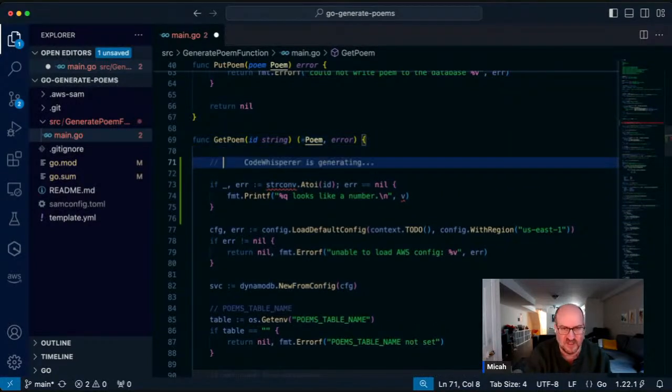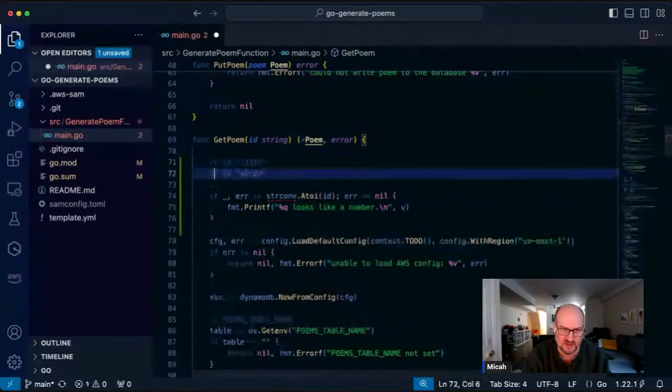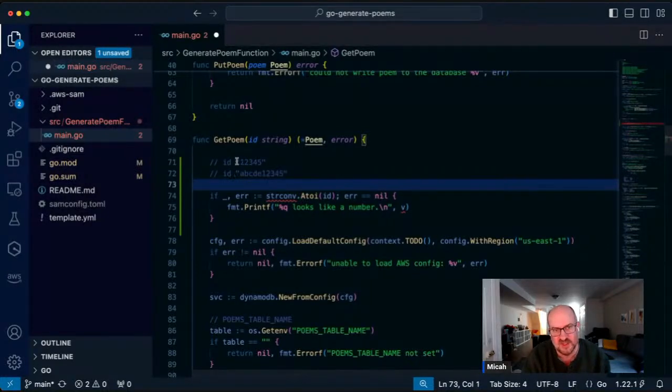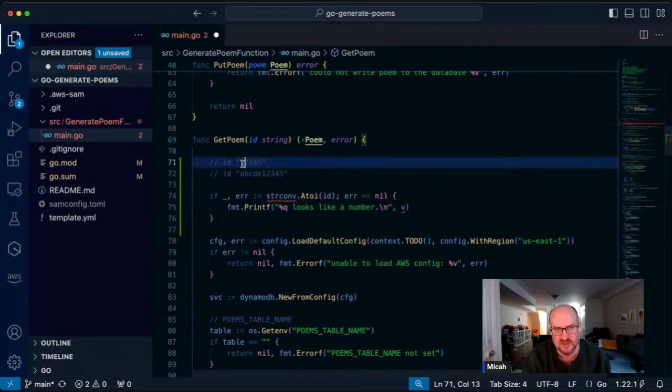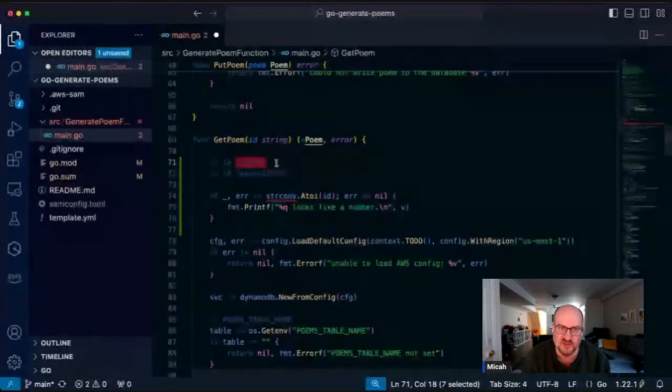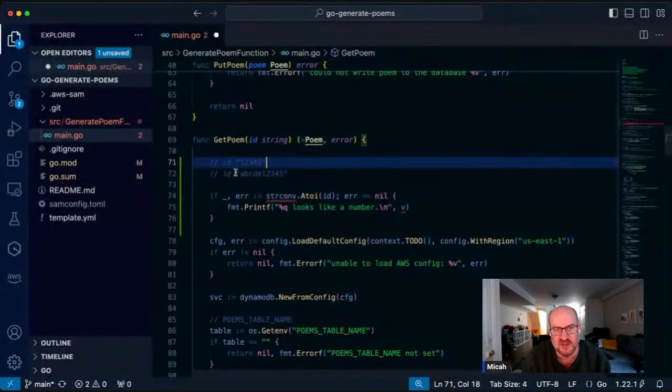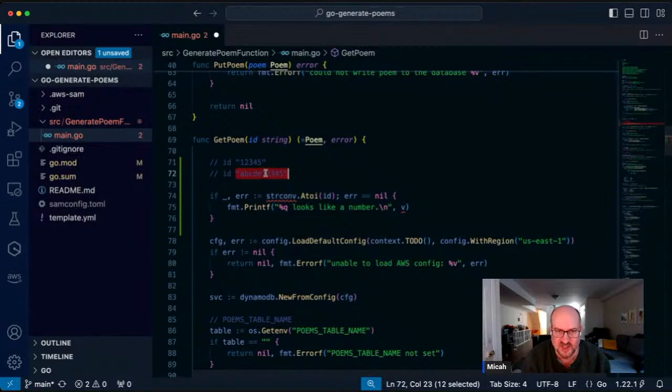So if my ID looks like this, right? That can be an integer like that, or we can put it in quotes and it's a string, right? But what if my ID looks like, hey, look at that, CodeWhisperer already knows what I'm doing. A, B, C, D, E, 1, 2, 3, 4, 5, right? So this thing you could easily convert to an integer. You can just say, what's the integer equivalent of this string? And it should be 1, 2, 3, 4, 5. But there is no integer equivalent of this. This thing actually is just a string.